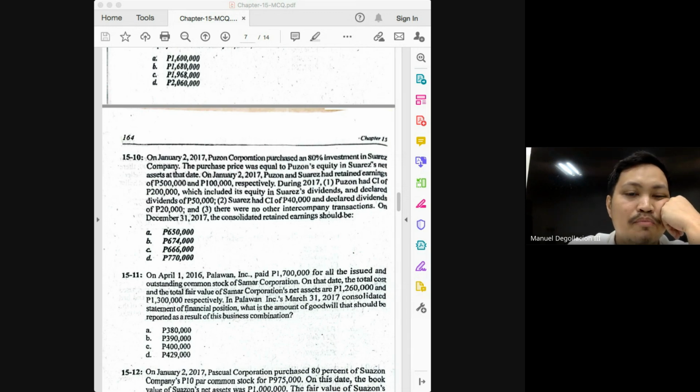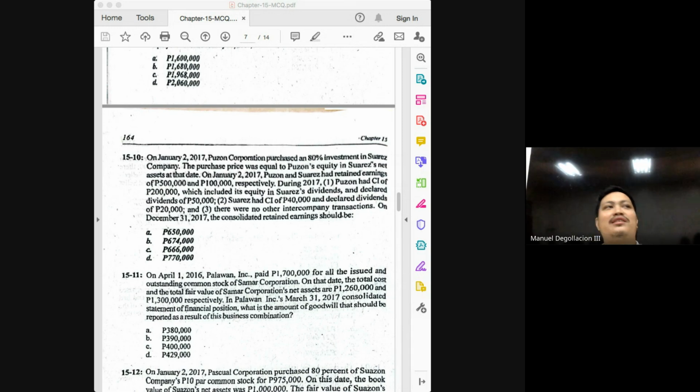Do you follow, class? Now, in all our computation, class, the dividend declaration is relevant twice. The first one was the declaration of the subsidiary. But class, I want you to understand, the declaration of the dividends by the subsidiary was only relevant in computing for the income of the parent from its own operations. Meaning, if you were already given the income of the parent from its own operations, then the dividends declared by the subsidiary would not have been relevant in the computation of the RE of the consolidated entity.